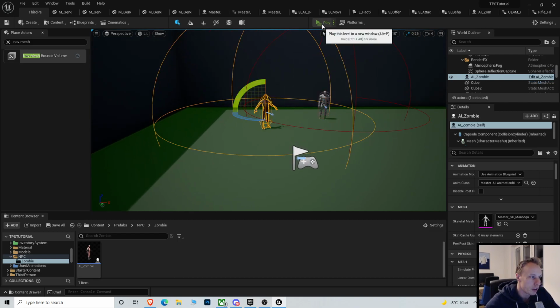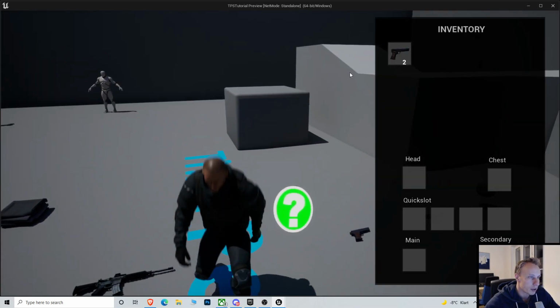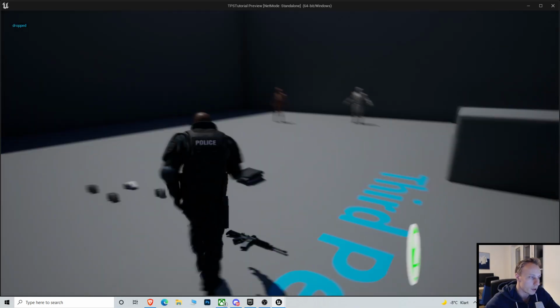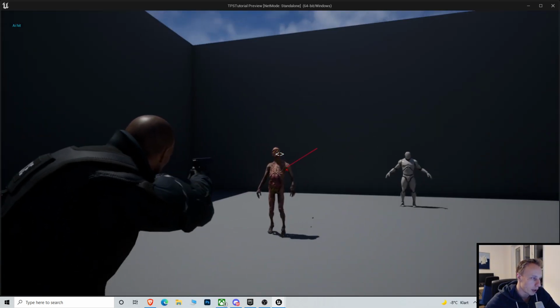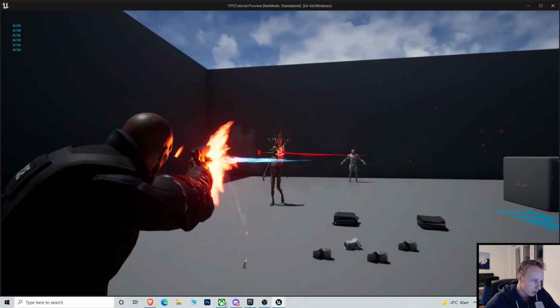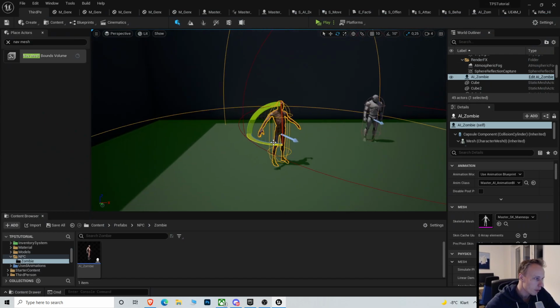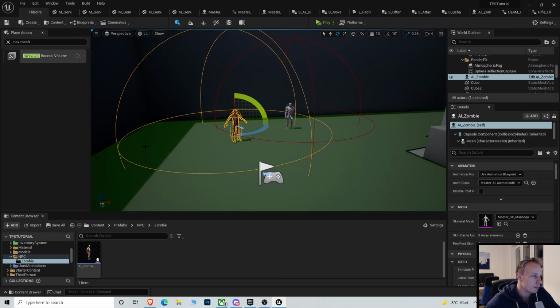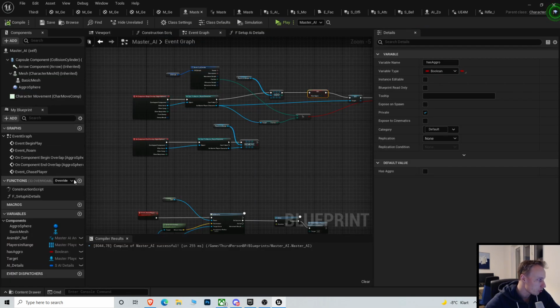But anyway, in this video I think we're gonna add some shooting mechanics, because right now nothing happens when we shoot our enemy. So if he's chasing us, we can shoot him, but nothing really happens. So let's create some animations for that. So if we go to our master AI actually, let's create a function